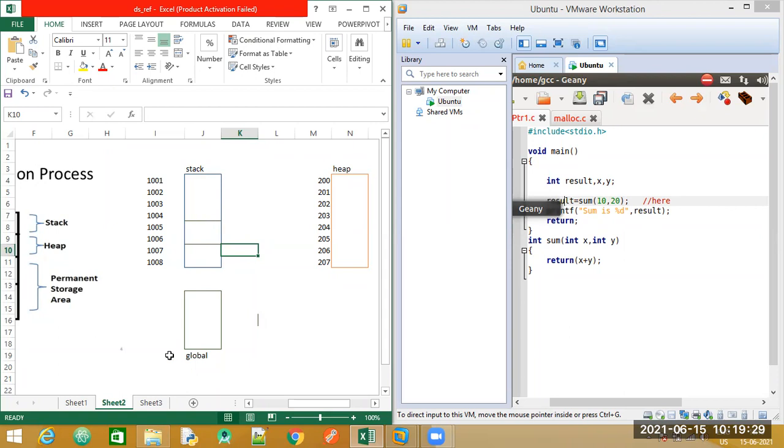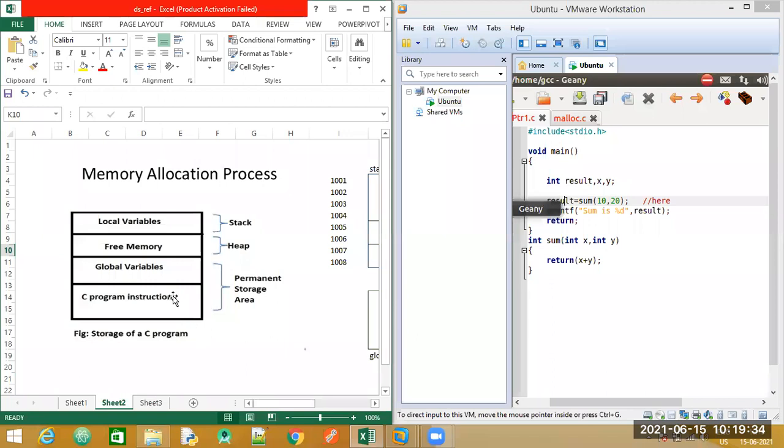Now, after this particular stack section, have a look here again at this particular diagram. We are left with one section called the heap. And for the heap, you can see what description is given. It says free memory. So heap is a section whose memory size can be changed during the execution. It can expand or it can decrease based on the program statements that we write. Heap is also called a free pool.